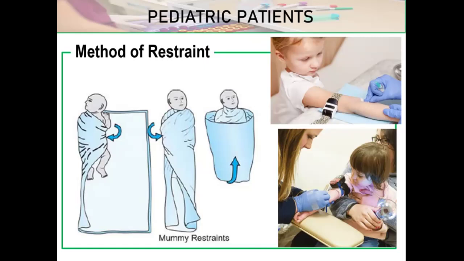And at the bottom, if the patient is not that cooperative, we can ask for help from the parent or the guardian. Let them sit on the lap, and the guardian's hand must be on the abdominal area of the patient. We can ask the guardian to get a toy for the baby to be distracted. Some hospitals, class, have tourniquets that are pediatric patient friendly, just like in the picture, with a ladybug character in order to distract the patient.